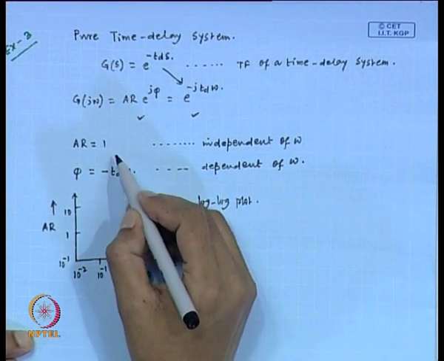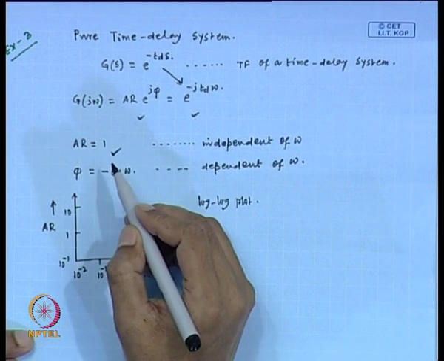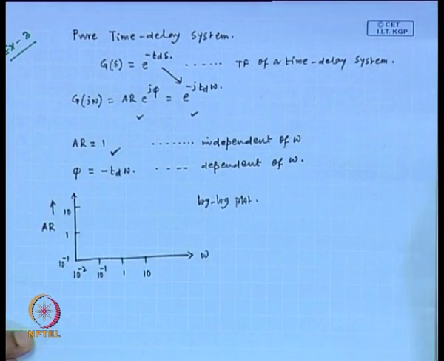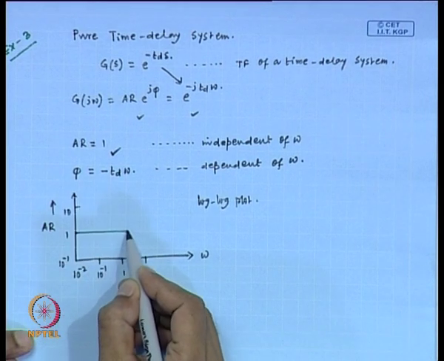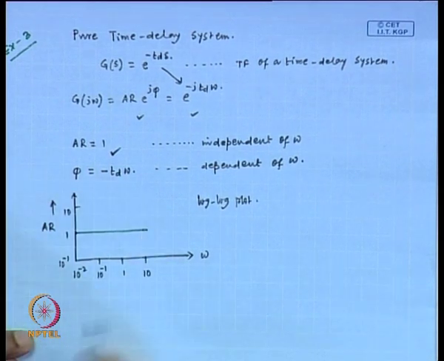Now, this is a horizontal line, amplitude ratio equals 1. So, we get this type of line in the first plot,